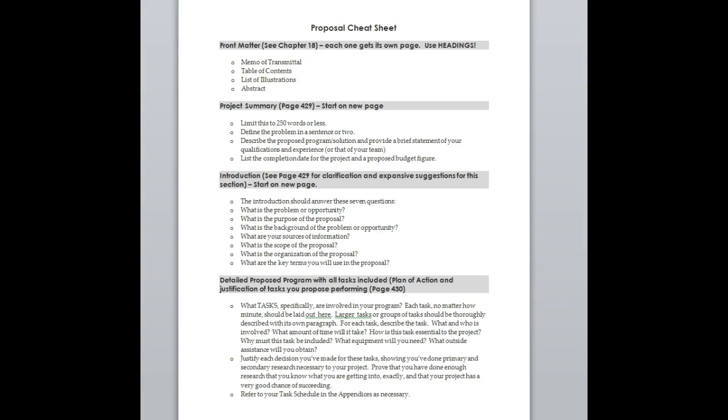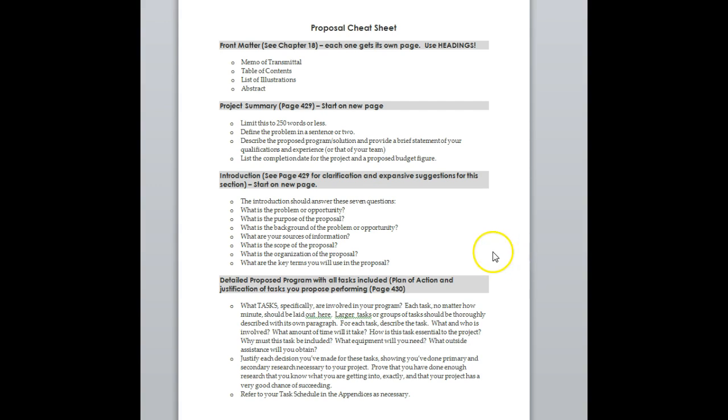Now, the introduction. Make sure you see page 429 for clarification. Make sure you start the introduction on a shiny brand new page. The purpose of the introduction is to help readers understand the context, the scope, and the organization of